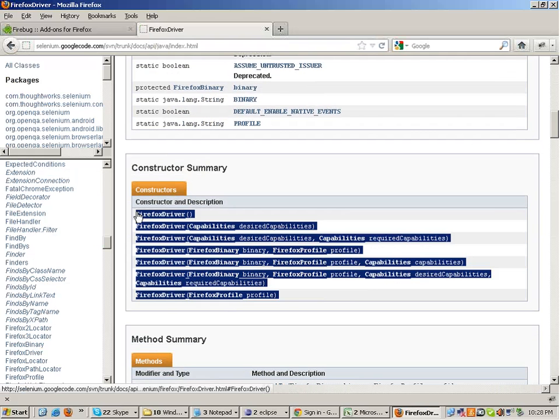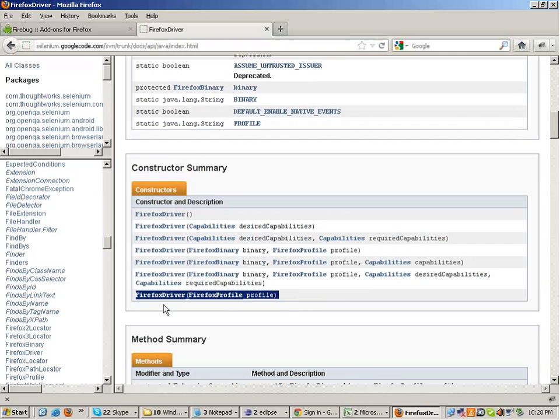Now there are various constructors in this class. I am using this one, the one which accepts the Firefox profile. There is a capabilities object as well. I will talk about that in some time. I will not now, right?